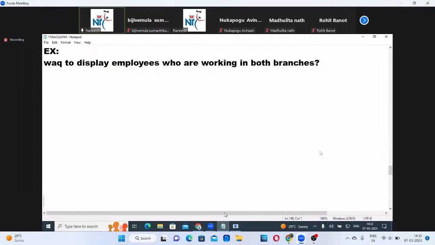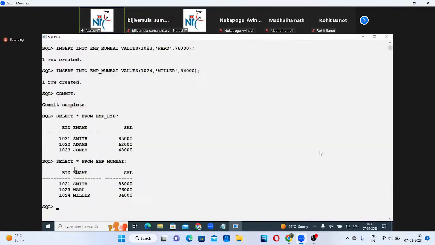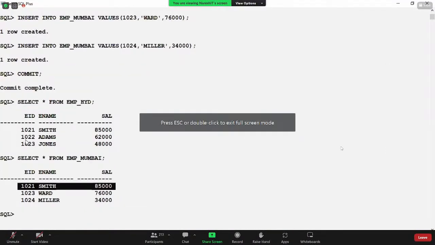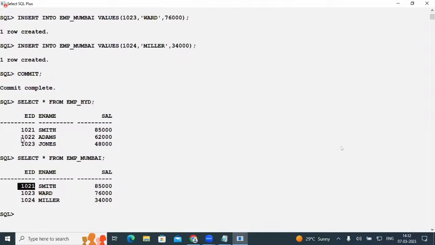So that means the same employee who was working in both branches, suppose in case any employee was working in both branches, that person's details I need to fetch. Okay? So compulsory. Here one person was there, his name is Smith, and his ID, name, and salary are here also. Everything will be the same. Understand? So now let me come out and see how to write here. Select. Okay, start from